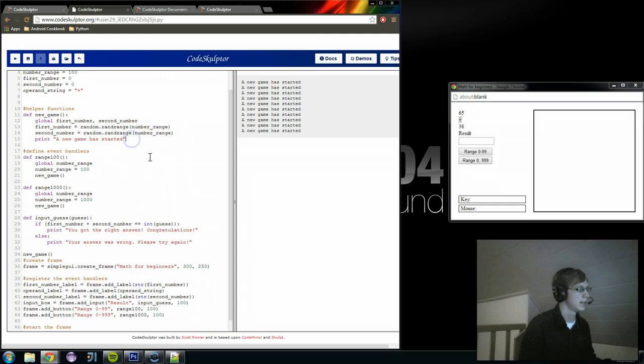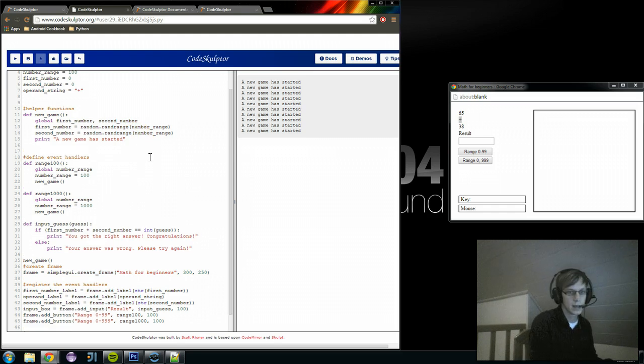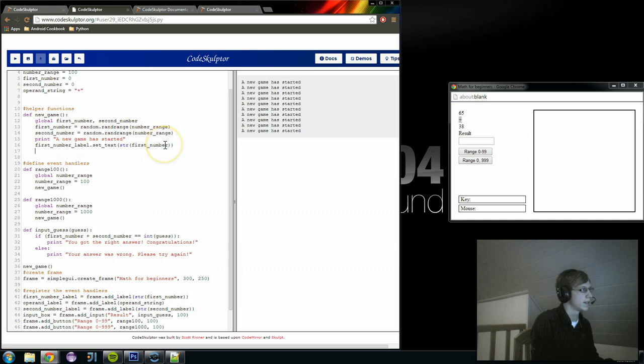Okay, how do we update a label? We can say we get the name of the label, which is first number label, and we can call the function setText. And for setText, we have to give it a string as parameter, which is the same as we did as we initialized the label. So we say here string of first number, and same we can do for our second number label dot set text string of second number. Okay,